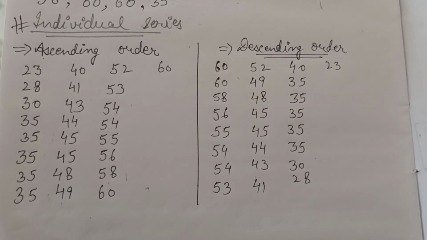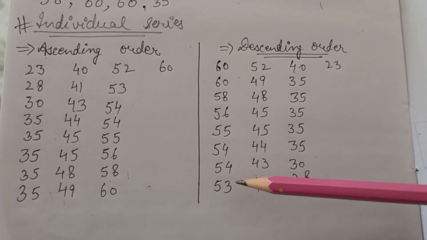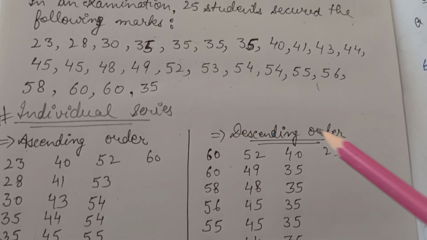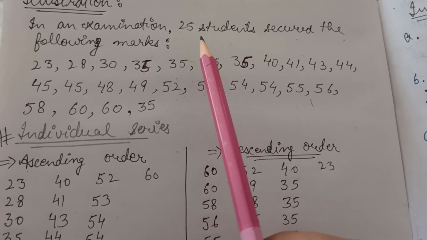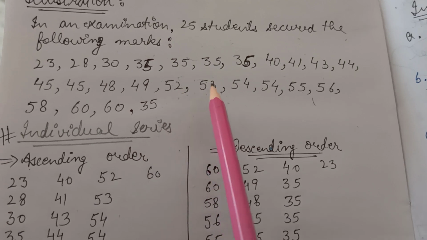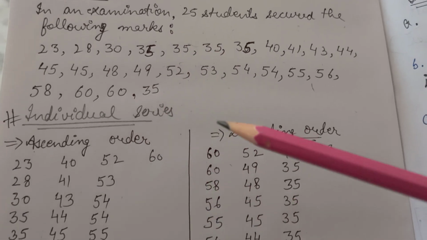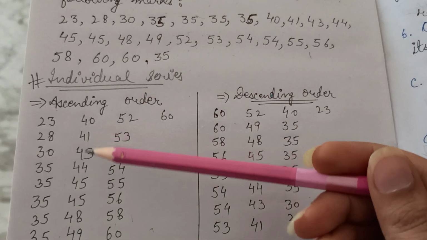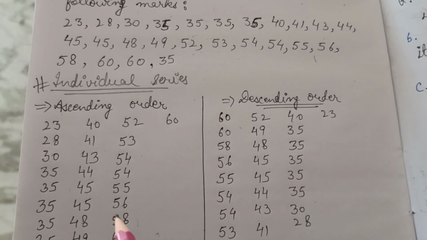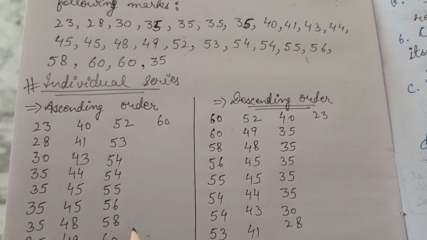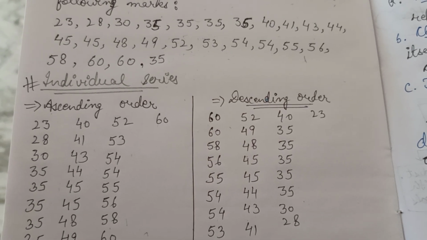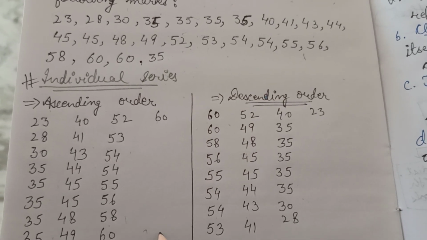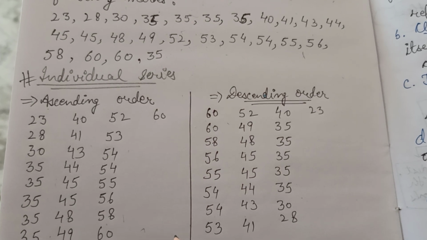And to check that none of your items is missed, what you have to do is this: in the question itself it is given that there are 25 students, that is, the data which we have collected is related to 25 students. So you can count the number of items you have recorded. If it is equal to 25, then no item has been missed. So this is how you can check that no item is missed by you.